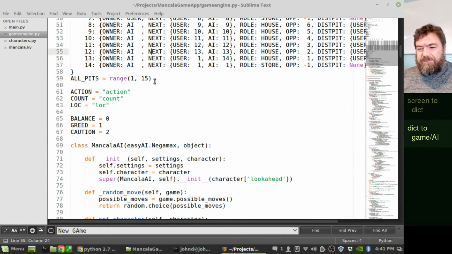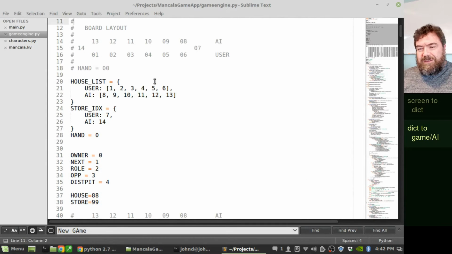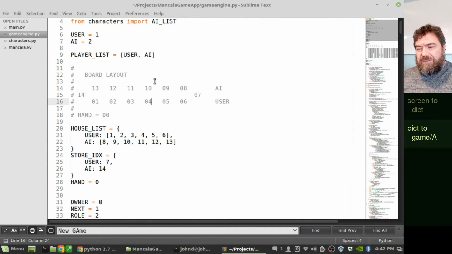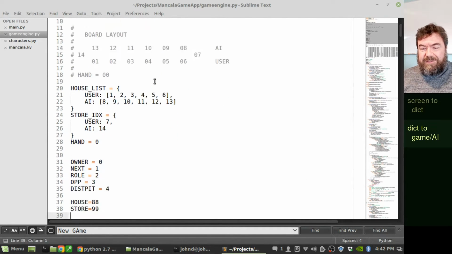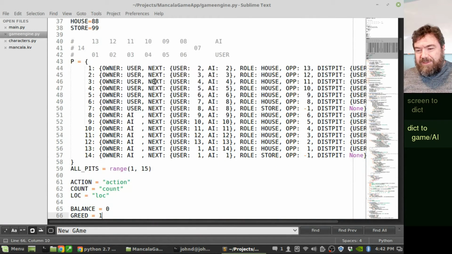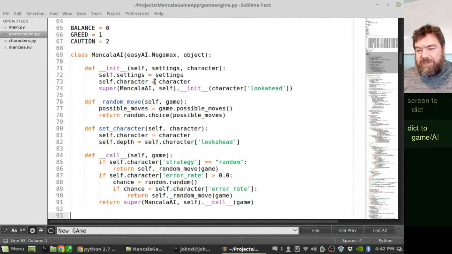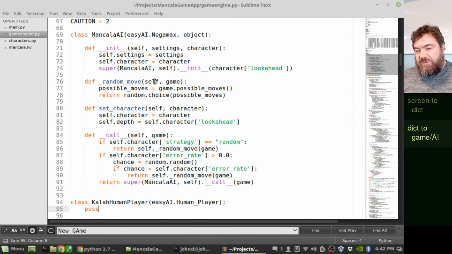By the way, I don't know if you noticed it during the fast forward, but I brought up idle so I could test the gameengine.py file more directly. In text mode rather than waiting for the animation and all that kind of stuff. Sometimes that's the easier way to do things. I went ahead and created a new superclass of Negamax. Negamax is the AI engine from Easy AI that actually makes all the decisions,